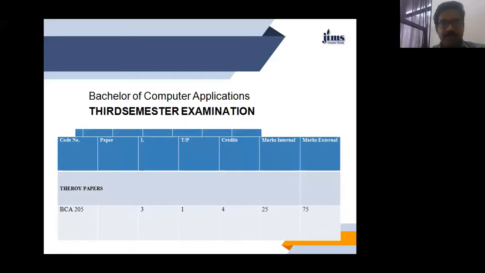Of course, this is also a practical subject, so practical has been given separately, with internal practical of 40 marks and external practical of 60 marks. So this is the scheme that the student should know, how much credit this course contains. Before starting this course, we should know this, that is why I am giving this scheme.